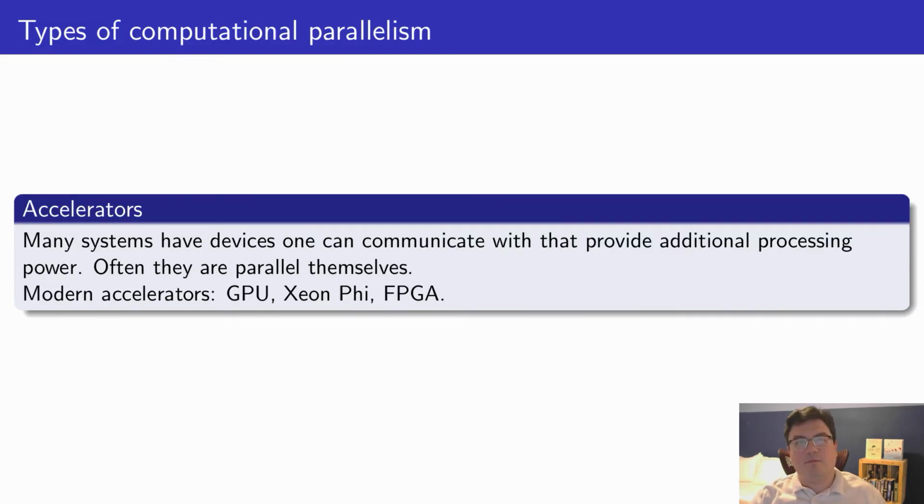Most modern systems are equipped with accelerators, such as GPUs and FPGAs. These accelerators are typically built to improve the performance of a particular workload. GPUs, for instance, are particularly suited to improve the performance of geometric operations and most linear algebra kernels. While accelerators are usually parallel machines themselves, the most performance is usually obtained by intelligently distributing the calculation between the